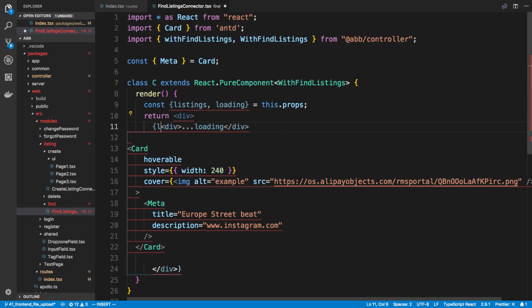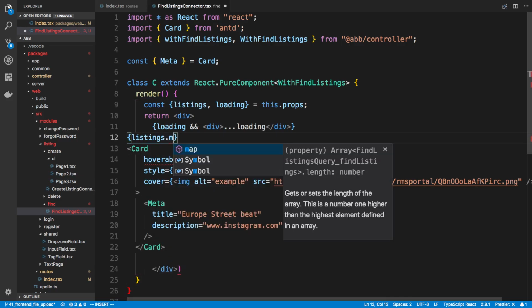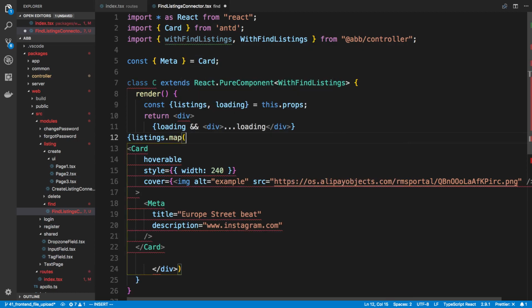And again, we're going to conditionally render that. So if we're loading, I want to see loading. Otherwise, what I'm going to do down here is I'm going to say listings.map, and here I'm going to say L,